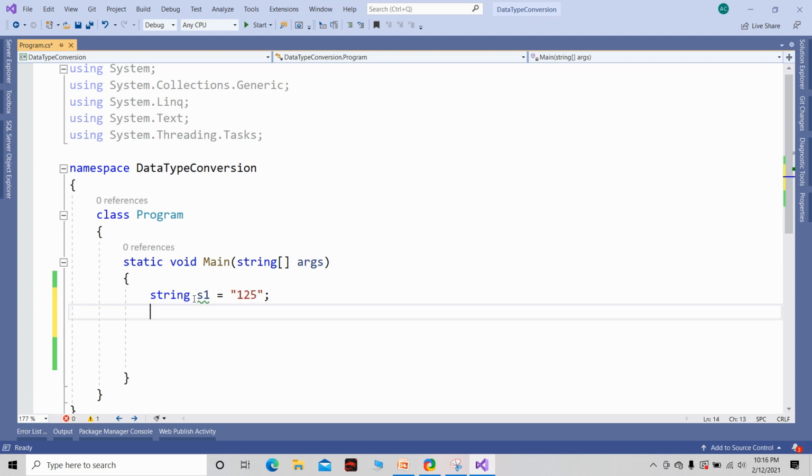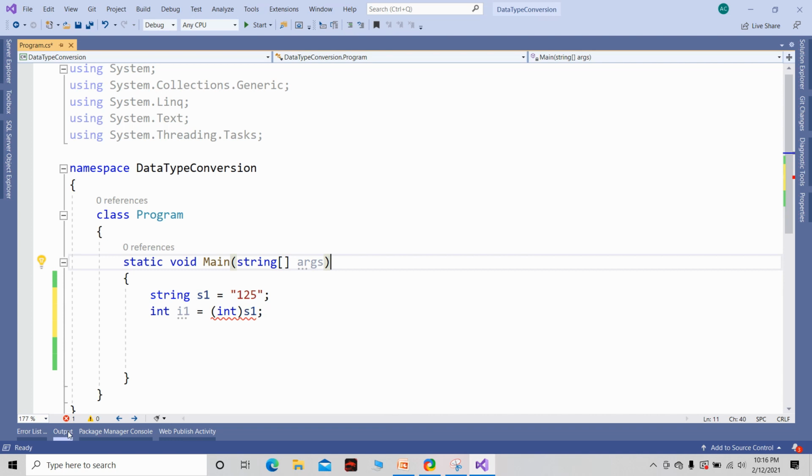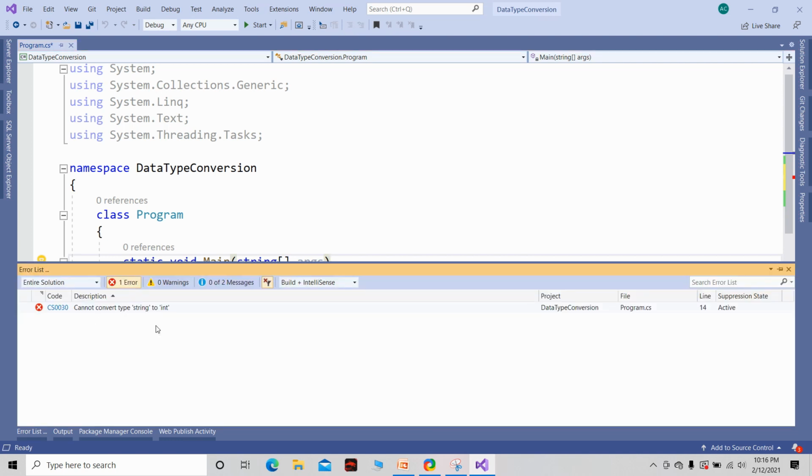Now let me try to store this string value to an integer, i1 is equal to s1. You can see we'll get an error because we never know, we might have this kind of data here. Now let's try explicit conversion. Again we'll get an error, cannot convert type string to integer.